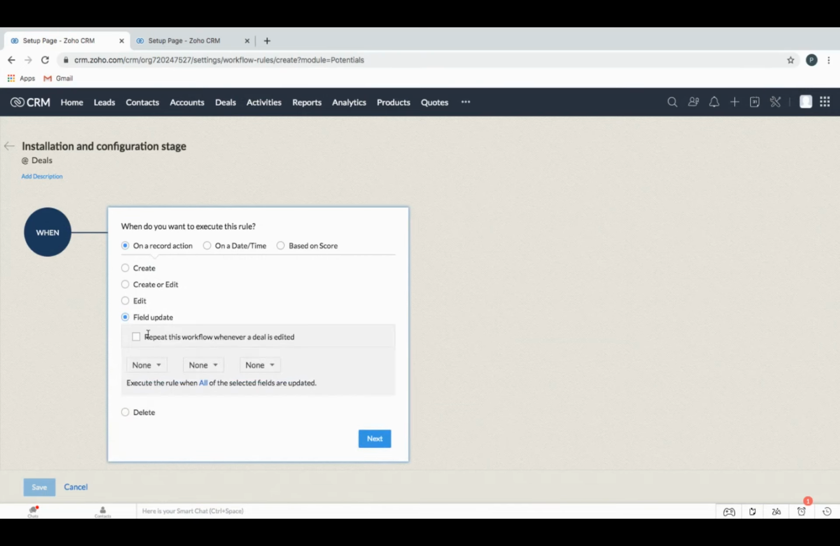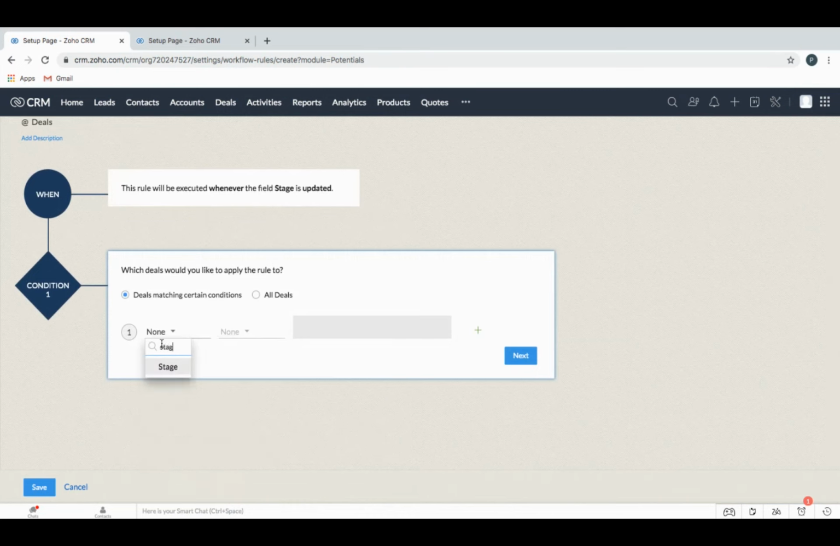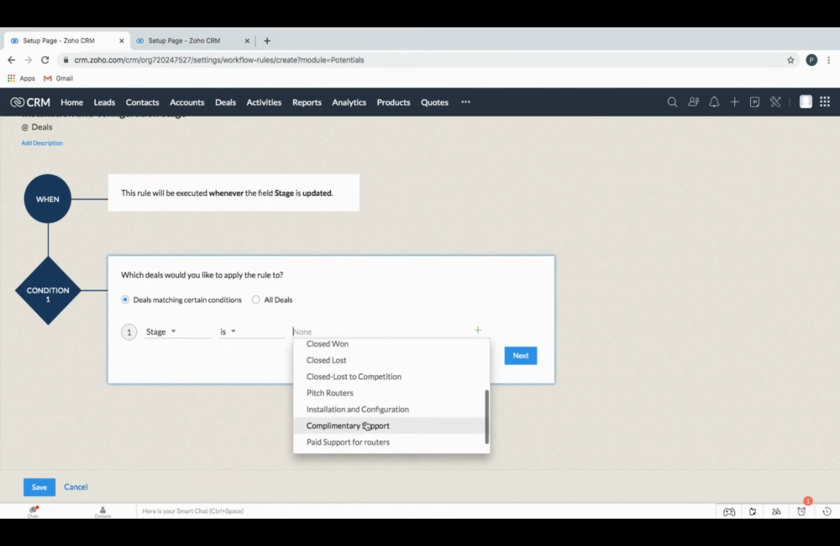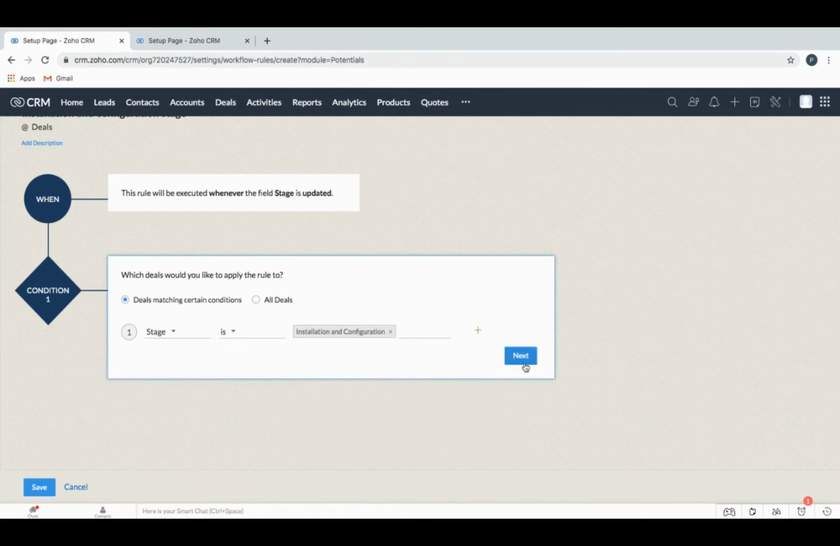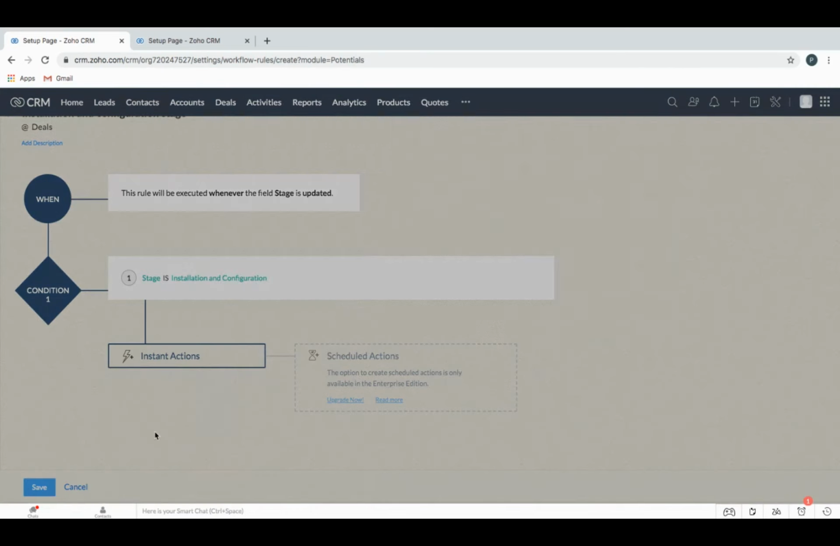So I'm just going to choose the field update and repeat the workflow whenever a deal is edited, which is for the field called stage. And here to the condition, we can select the relevant stage, which is stage is installation and configuration. And for these stages, once the deal is progressed, once the sales reps select the stage called installation and configuration, a task will be created automatically